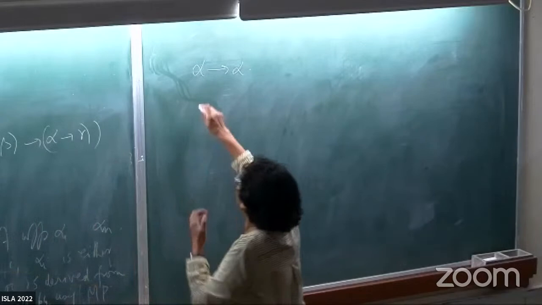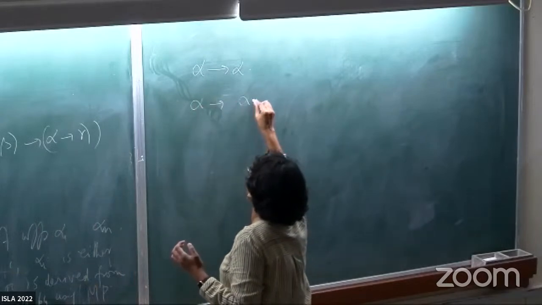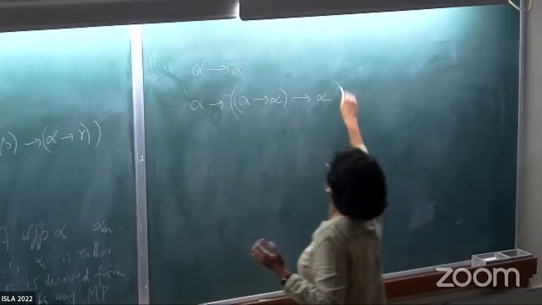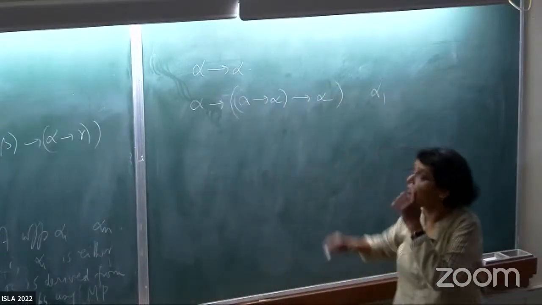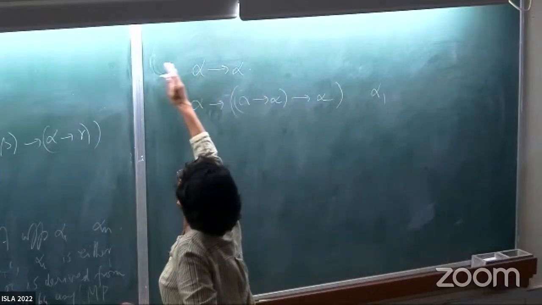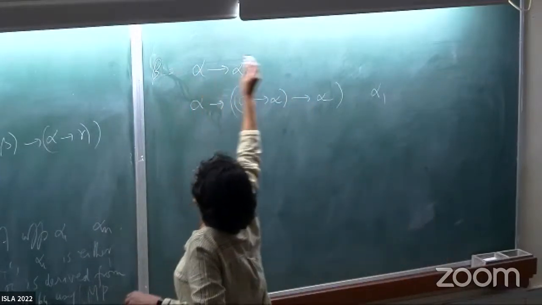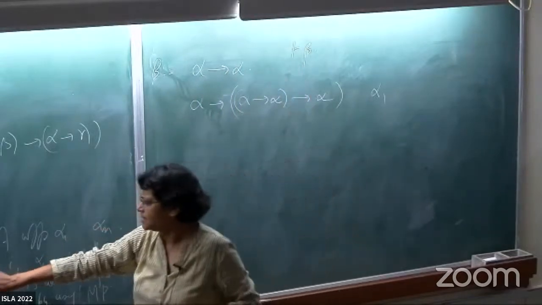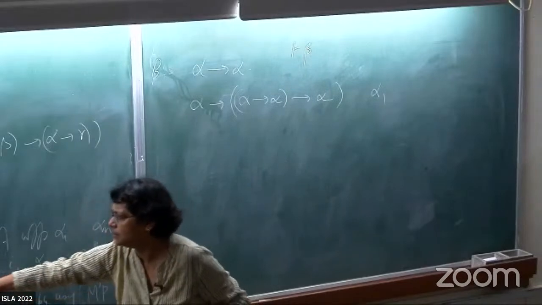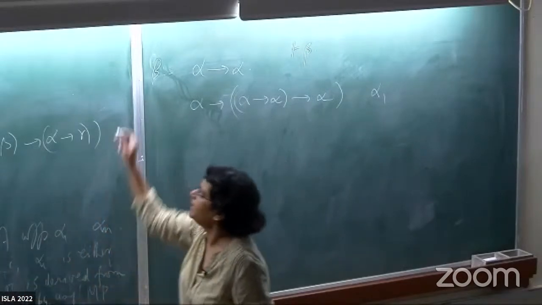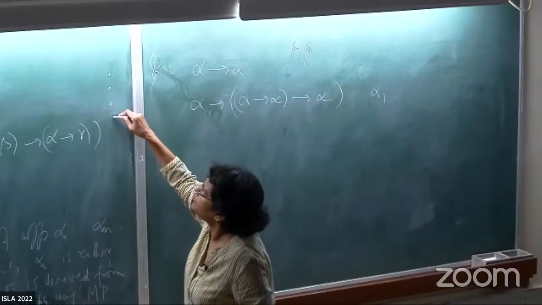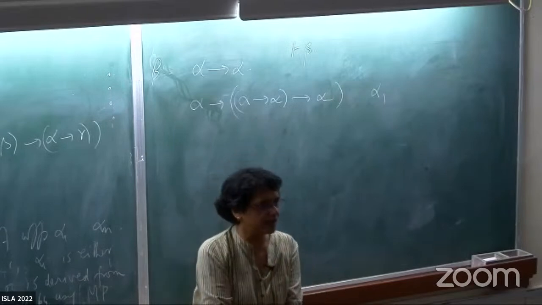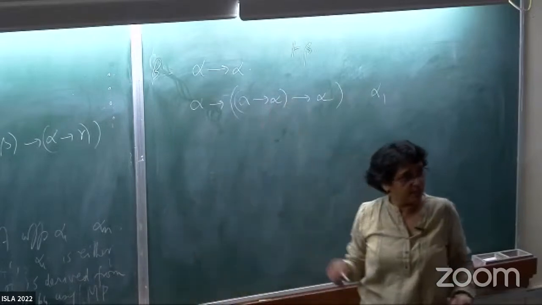All right. So what you do is you just begin with, so this is your first step. Let's call it alpha 1. So this is my goal, let's call it beta. We want beta to be a theorem. When gamma is empty, that means you just drop this clause. Then you're basically saying that you have a number of steps, each of which is either an axiom or you use MP on the previous ones, and you get to the last one. So that's what this example will be about.